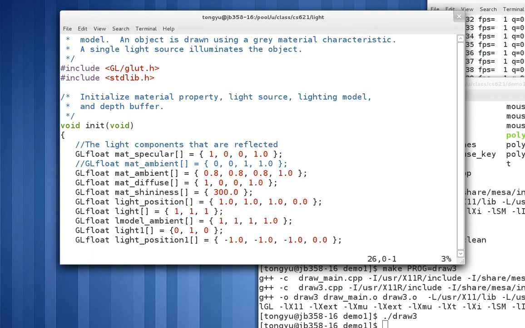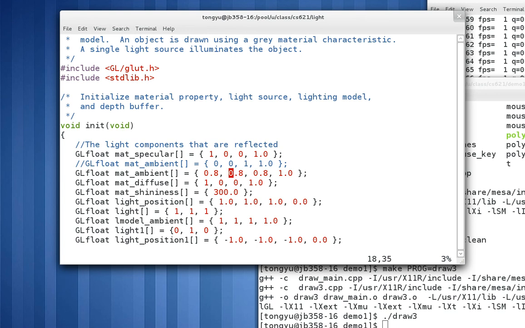As we discussed in class, OpenGL supports the Phong model, so we use arrays to define the material properties, say the matte specular for the specular properties. So this is red, green, blue, so that means the specular is red, and the ambient is,